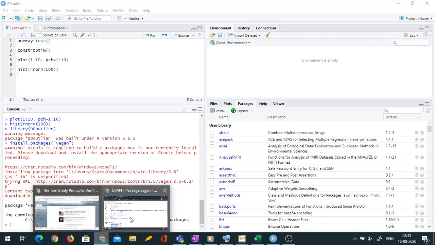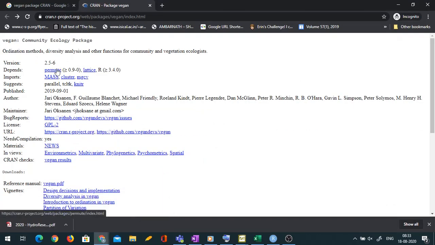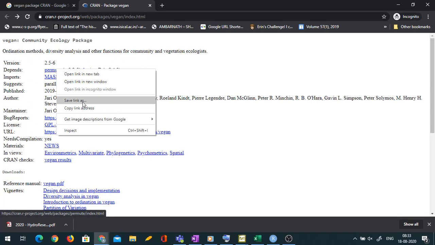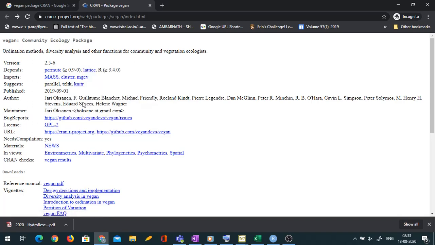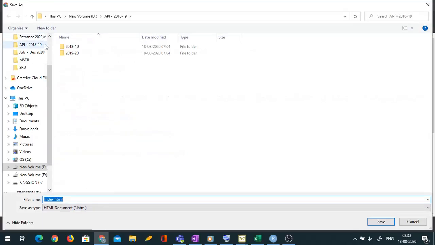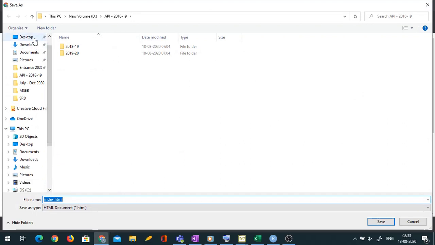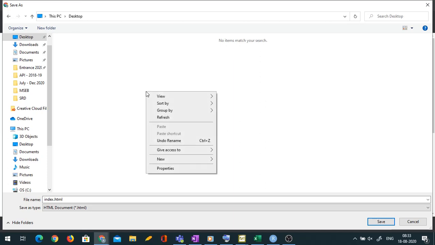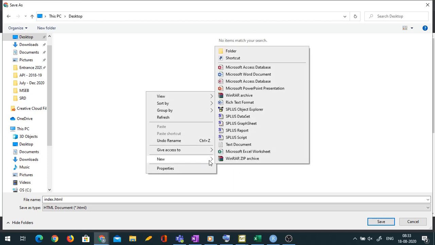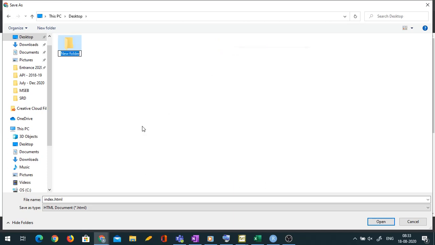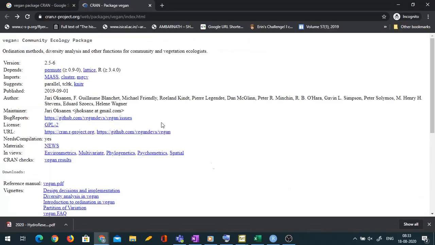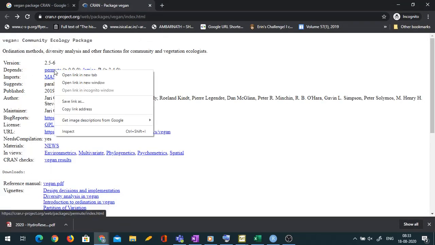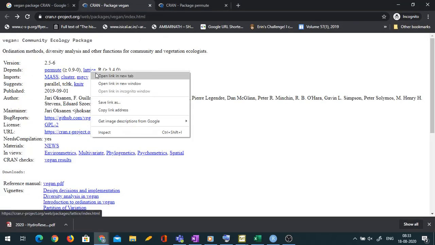download multiple packages. So let me go back here. Suppose I download all these things. Let me create a folder on the desktop. I cannot save directly as this because it's opening a PDF or HTML page.